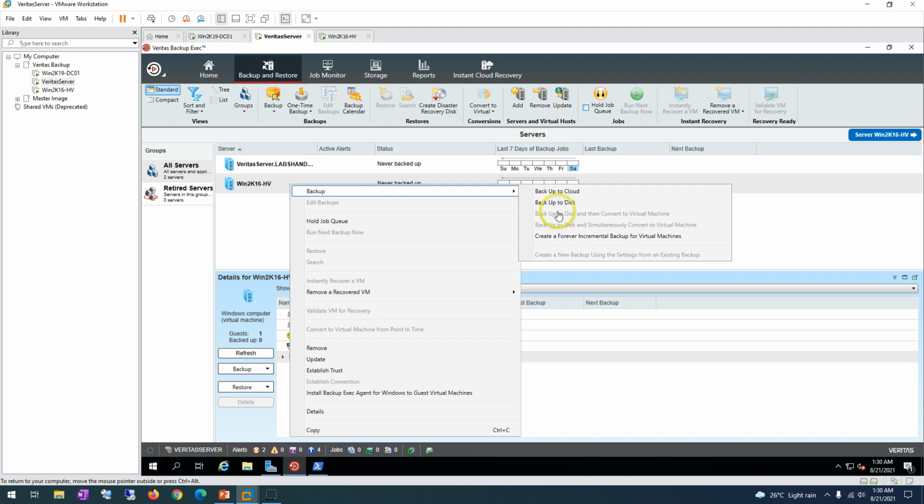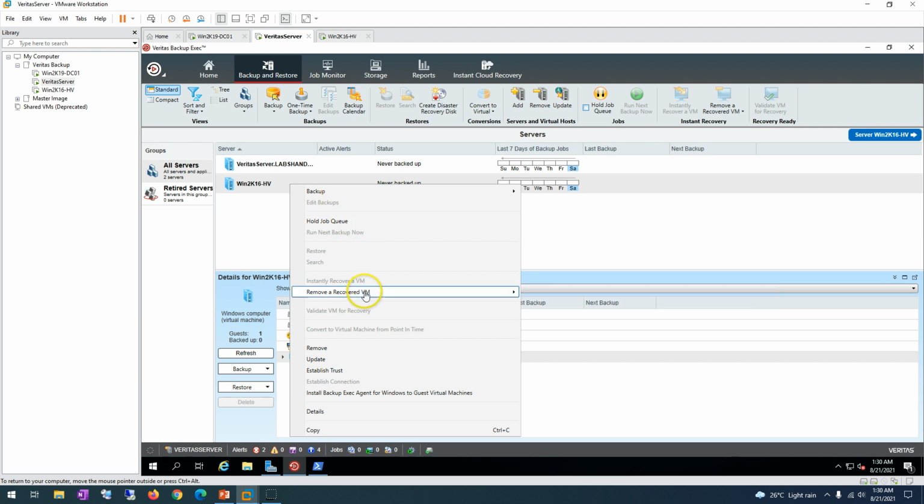So these are a few options. I'm going to do this task this time, backup to disk. We already have a disk, added in the last video, so I'm going to click on backup to disk. And also you can see hold job queue if you want to hold the job queue, remove a recovered VM, remove this server, update, establish trust. And also if you want to install the agent on your guest virtual machine, you can do it from here,